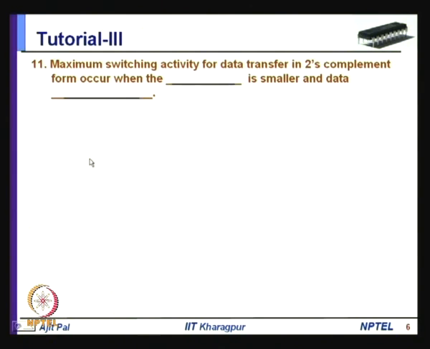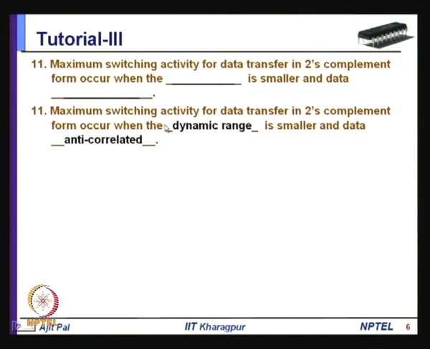Okay, coming to 11, maximum switching activity for data transfer in 2's complement form occurs when dash is smaller and data dash. You may recall that there are two parameters, dynamic range and correlation factor. These two parameters are responsible for reduction in dynamic power, because of reduction in switching activity. So, when the dynamic range is small,